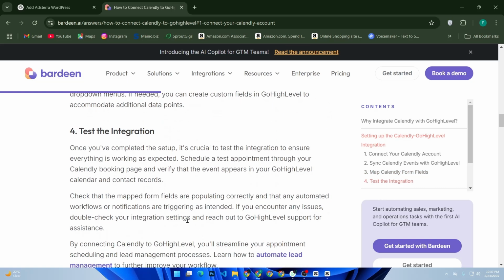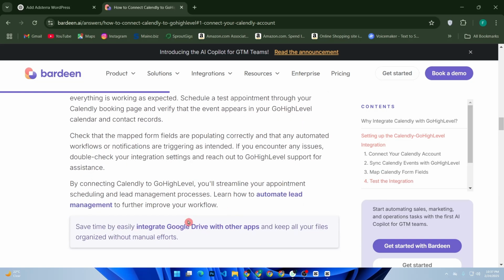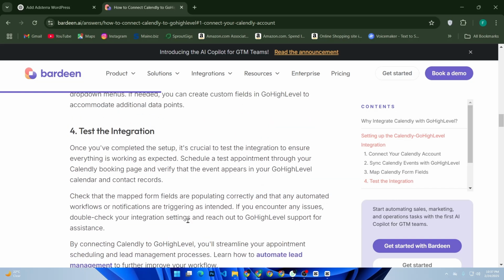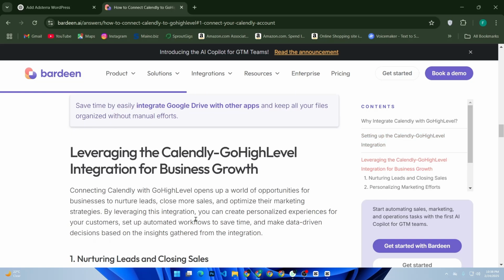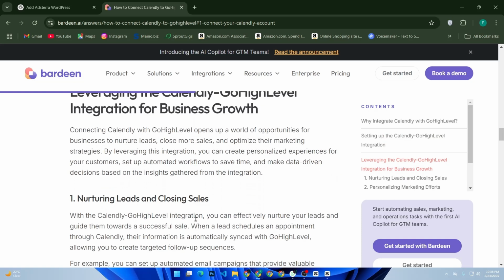Now, whenever a lead books through Calendly, their details will automatically populate in your Go High Level contact records. And that's it, you have successfully connected Calendly to Go High Level to automate your